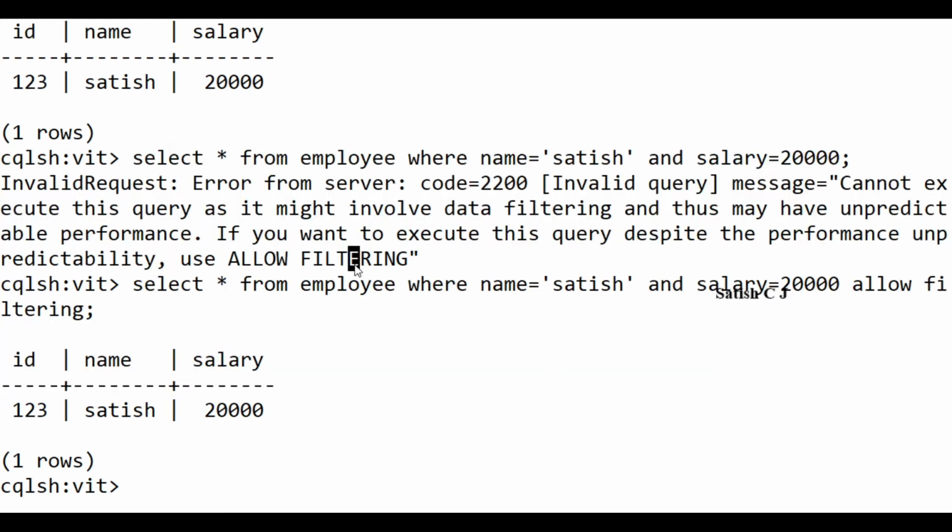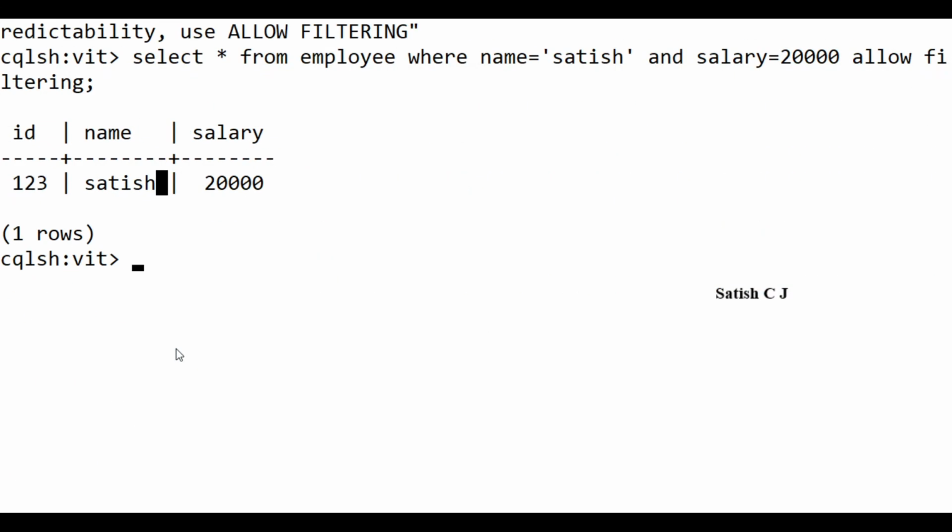Very simple, very basic, like all the SQL queries we have learned earlier. The next thing we are going to see is how to update a record. For instance, I don't like Satish. I want to update the name Satish as, say, Mohan. How to update it? Simple update command. Update table name employee, set name is equal to Mohan, where ID is equal to 1 to 3.